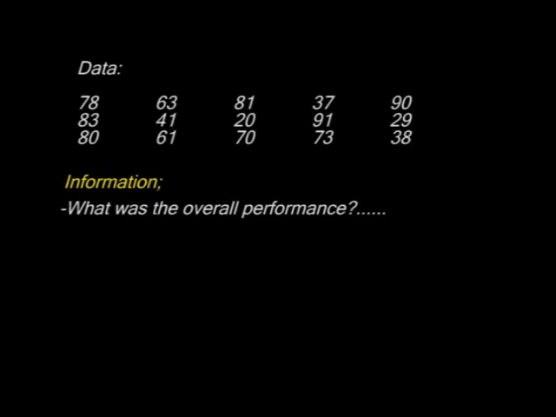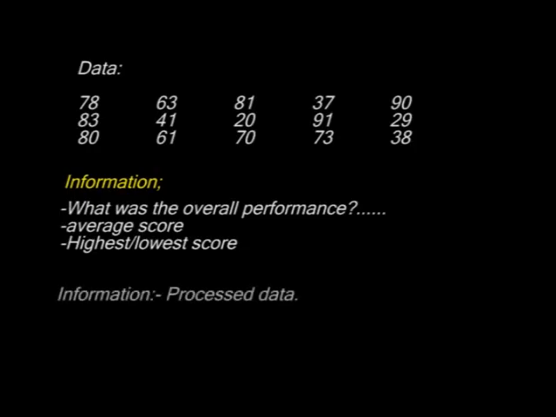This is raw data. What I do, I process the above data to give me more insight. For instance, I can say the average score was 55 marks. The highest score was 91 marks. The lowest score was 28 marks. Now what I have done is process the data to get information. I can now have something to report. With an average of 55 marks, I would say the performance was slightly above average.